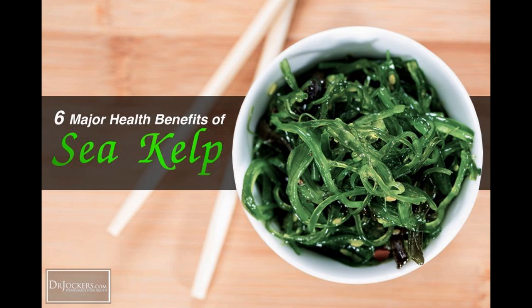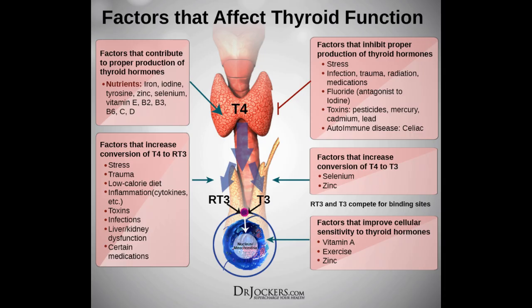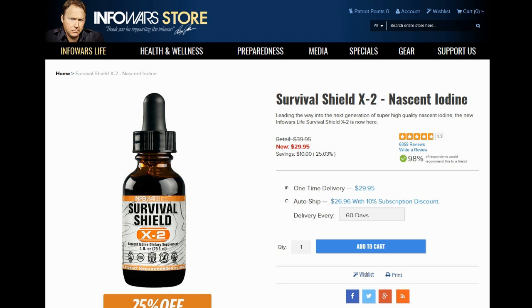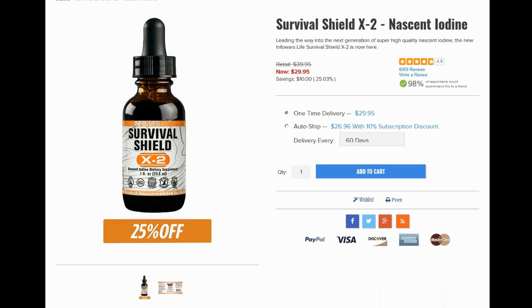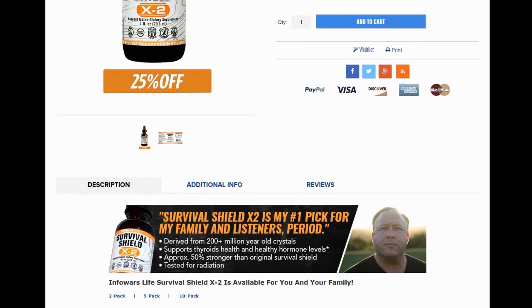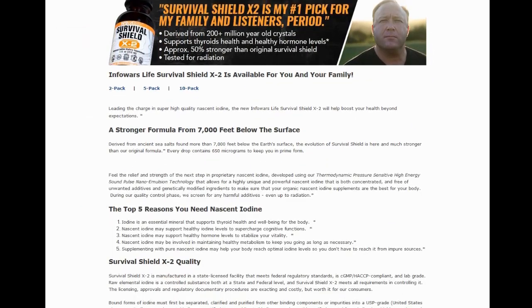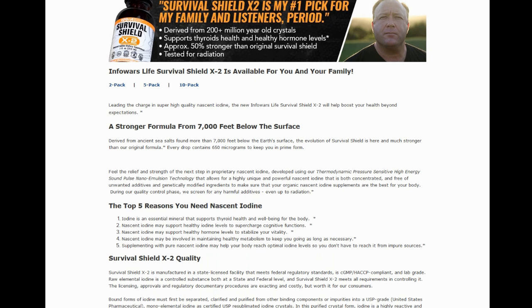And I can say that it's not just insulin. We can talk about thyroid hormone. We can talk about testosterone. We can talk about cortisone. We can talk about just about every major hormone in the body. Every receptor needs iodine in order to be able to function more efficiently.